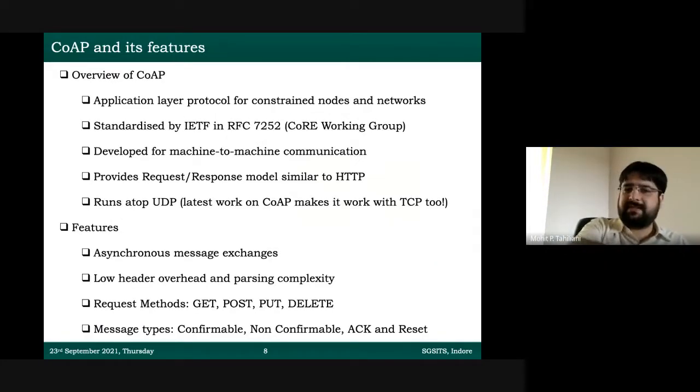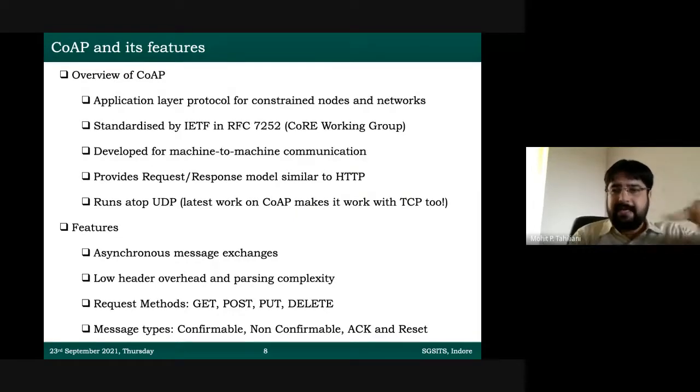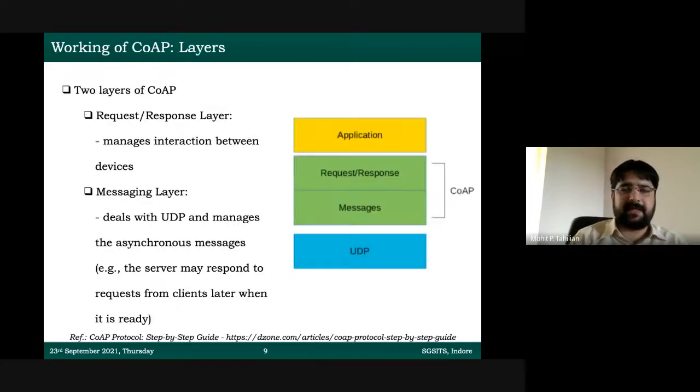The messaging layer is the most important one, which actually provides the functionality of asynchronous messages. If you go to the previous slide, the first and foremost feature that I told you was asynchronous message exchanges. That means when a client sends a request to the server, the server will just give an acknowledgement that I have received your request, but it won't give the actual data expected by the client. That functionality is implemented in the messaging layer. And the messaging layer, as you can see, is the one that directly interacts with UDP below.